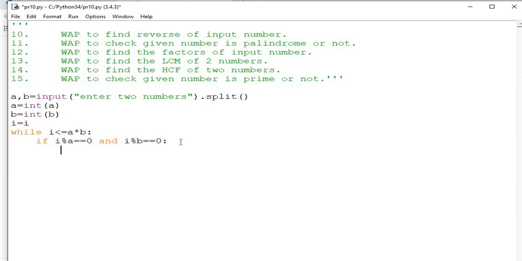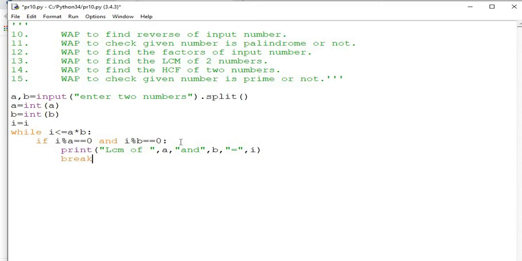So it will print LCM of A and B equals I. Okay, and you will terminate the loop.